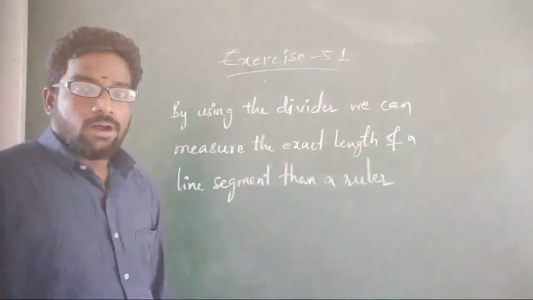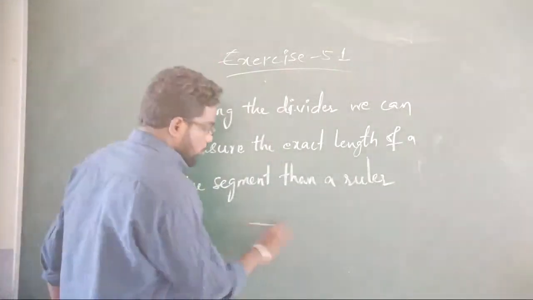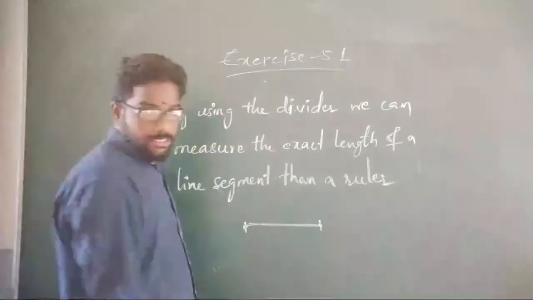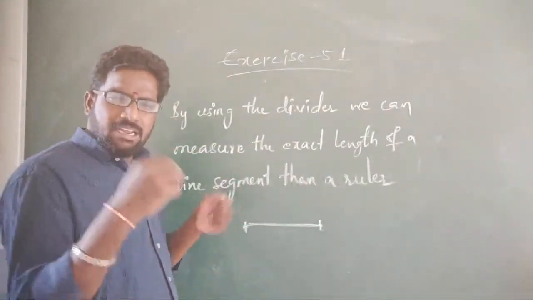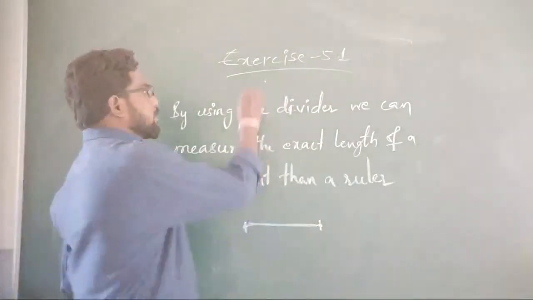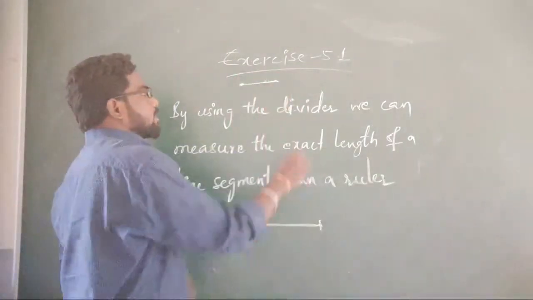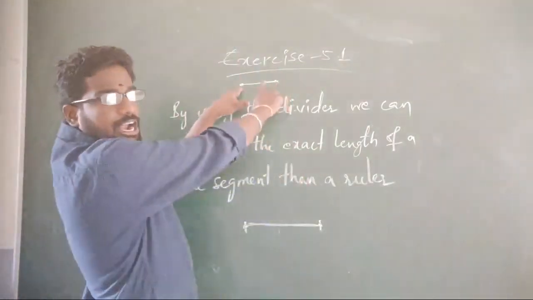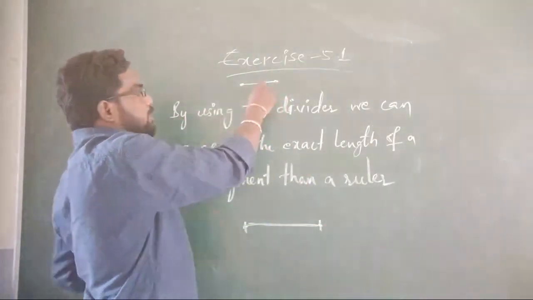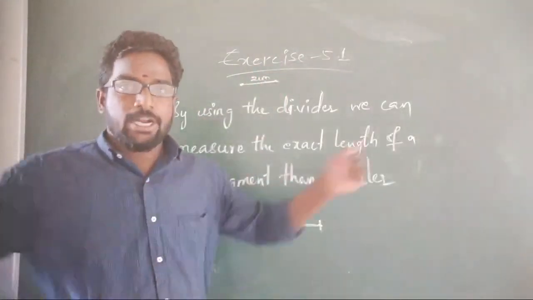What is a line segment? A line segment means it has two endpoints. Any line, if it has two endpoints, will be called a line segment. Simple. Here I draw a line. Okay, it has two endpoints. This is one endpoint. This is one endpoint. It has stopped here only. It can't go anywhere. It has a fixed length. If it is 2 centimeters, always it will be 2 centimeters only. It can't expand.